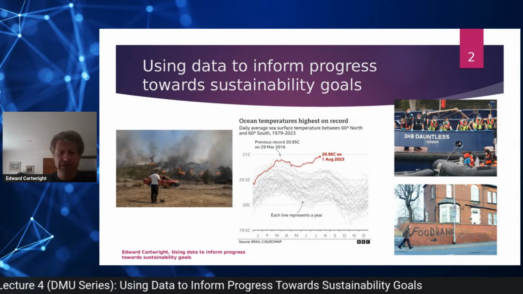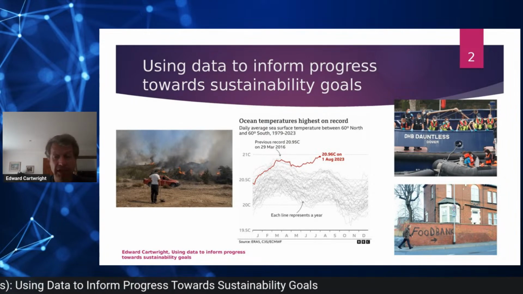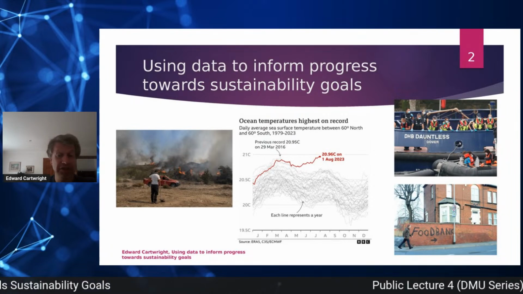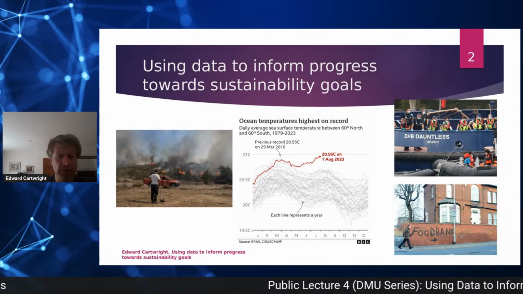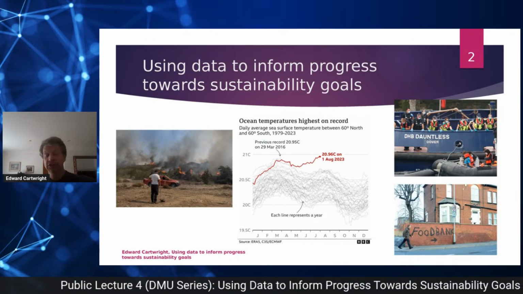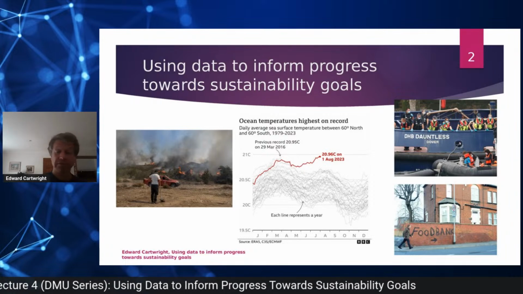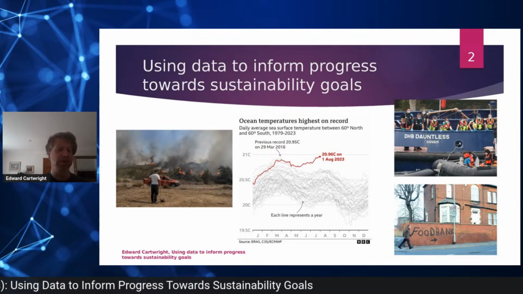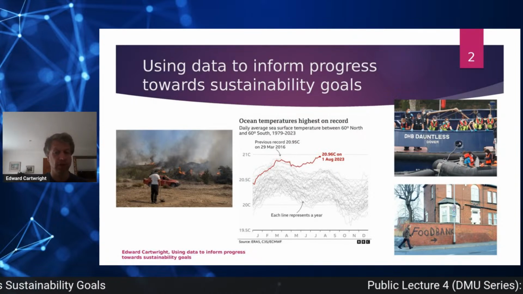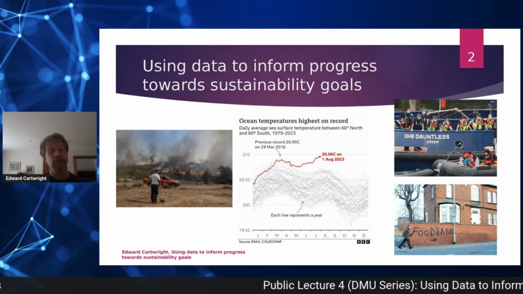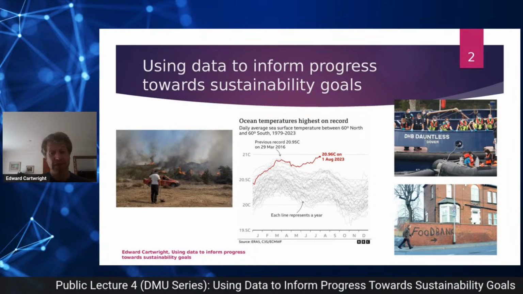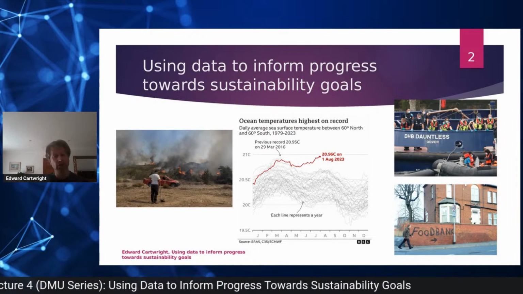So that middle chart is obviously an example of data, and it tells a very specific picture that's quite hard to disagree with or argue, well, that's not happening, because there's the data and it tells that very stark picture. And while society and politicians might say, wildfires, we've always had wildfires, migration's always been an issue, and so on, data is what allows us to put these in context and drive an informed debate that hopefully